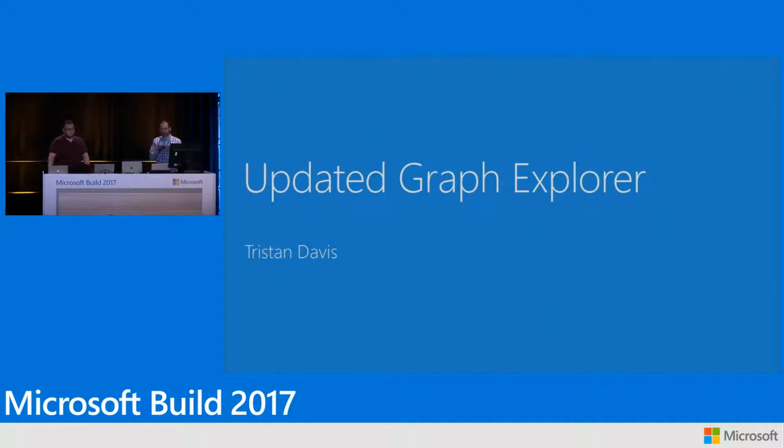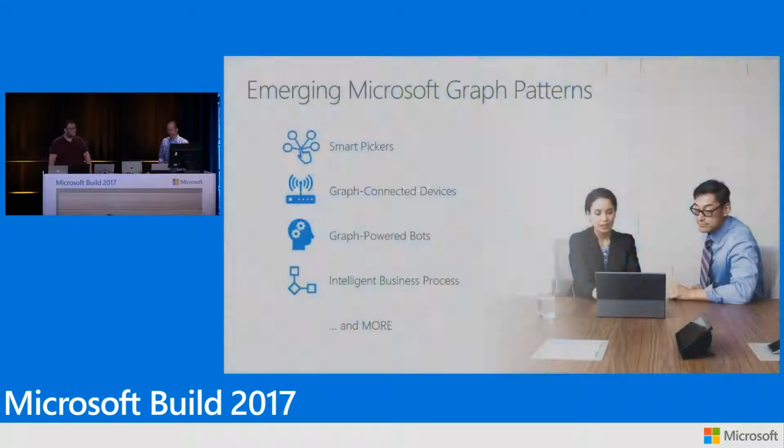We're really excited about the connectedness of the graph and how you can really quickly go between things like your directory, Teams, files, really fluidly across them. As people have started to adopt the graph, and we've seen a huge uptake in that really over the last 6 months especially, we've started to notice a few emerging patterns where people are starting to use the graph more and more in these scenarios in particular,